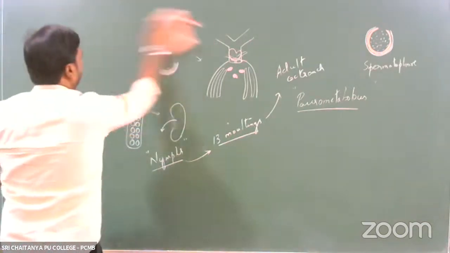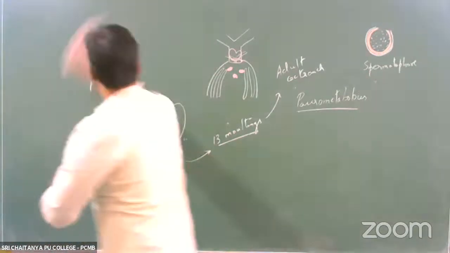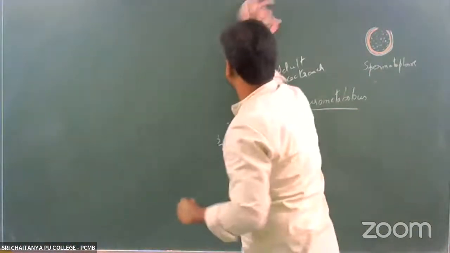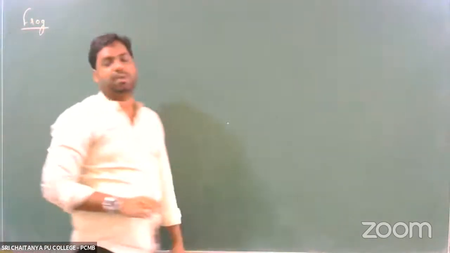Okay, so talking about the frog, the morphology of the frog. First let's take up the morphology, then we move into the anatomy of it. I hope all of us are very much familiar with the frog. We have all seen a frog. We are all very much familiar that the frog belongs to the class called amphibia. Right? It belongs to the class called amphibia.